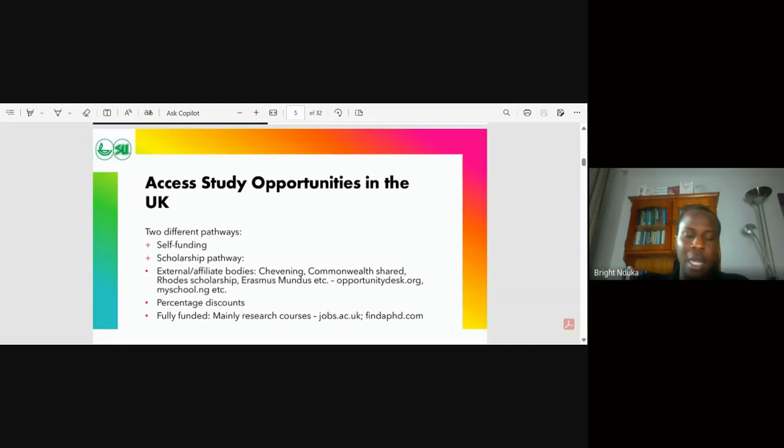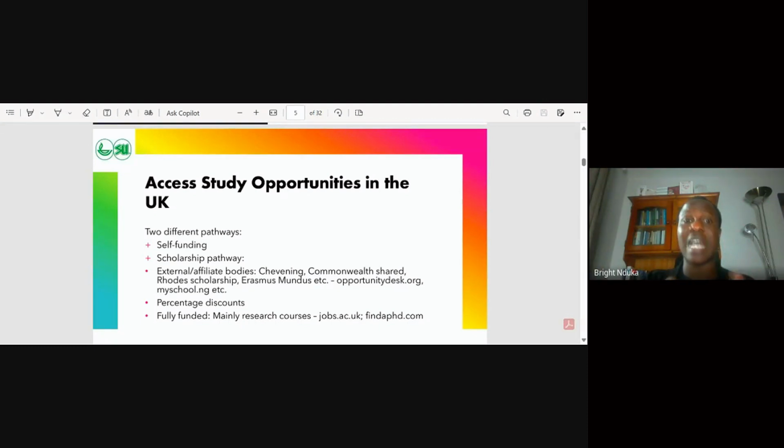There are also little pockets of scholarship within the university that can offer you percentage discount. They have different names depending on the university that you are applying to. So one thing I would advise you to do is, whenever you want to apply to a particular university, check for the areas titled funding and fees and funding opportunities. You will see loads of bursaries and percentage discount opportunities within the university.